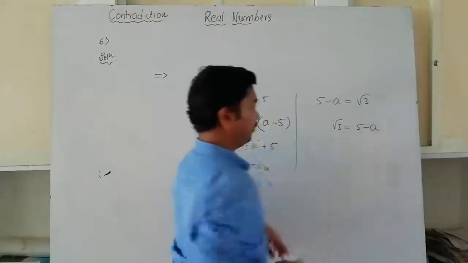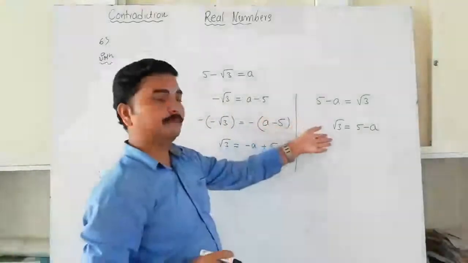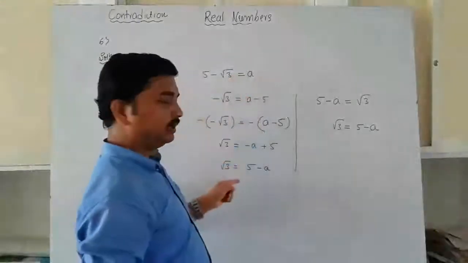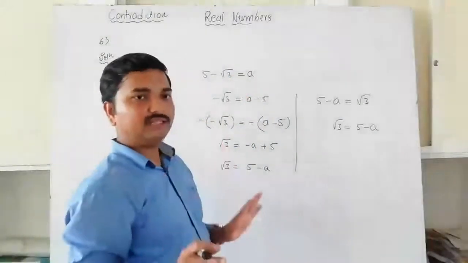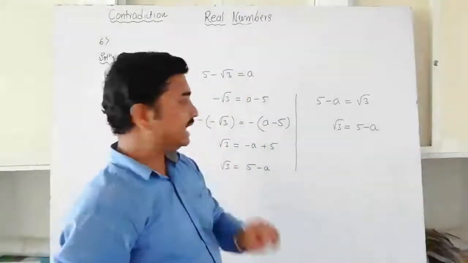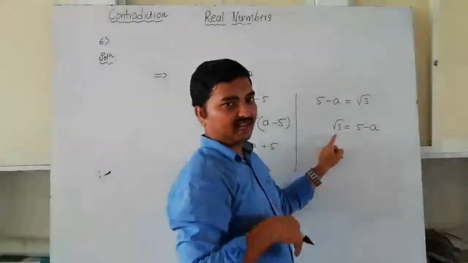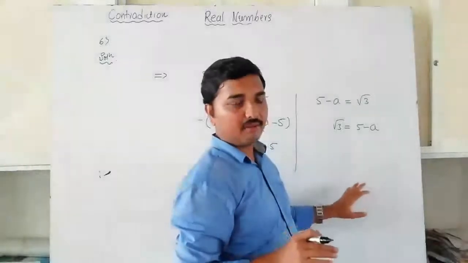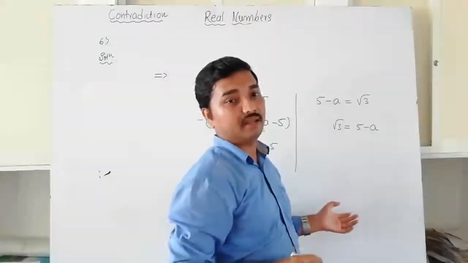So this will become very simple. You will get the answer in just 2 steps. You can follow like this, or else you can follow like this. One thing is, always keep the irrational number on the LHS and the rational number on the RHS, because I told you to maintain the same conclusion.